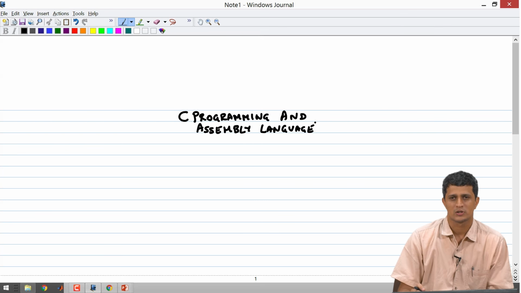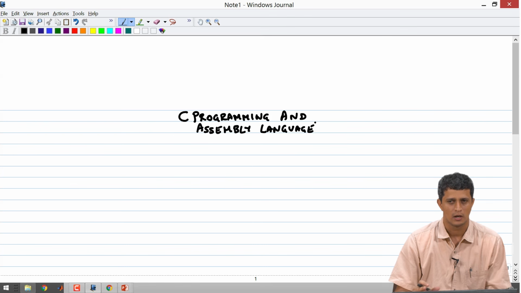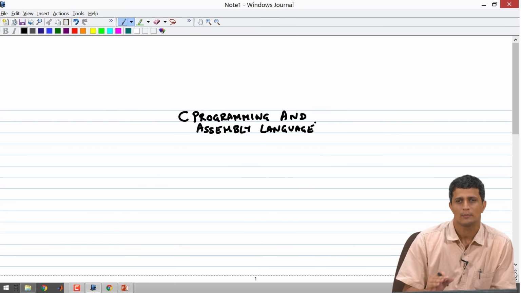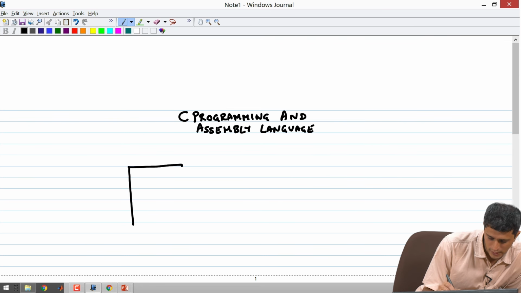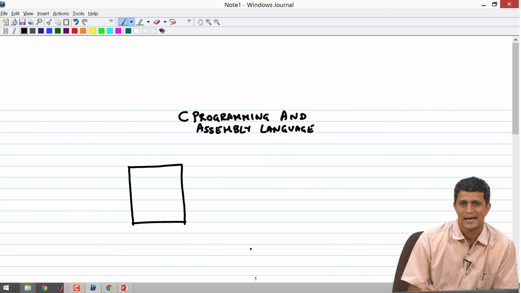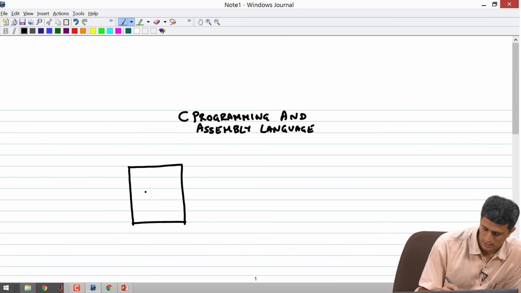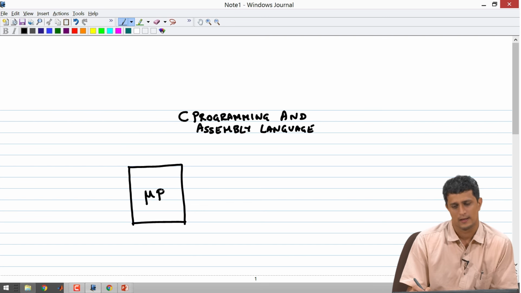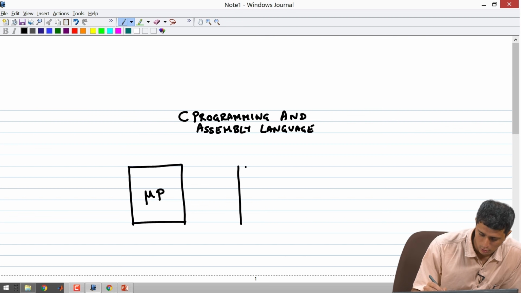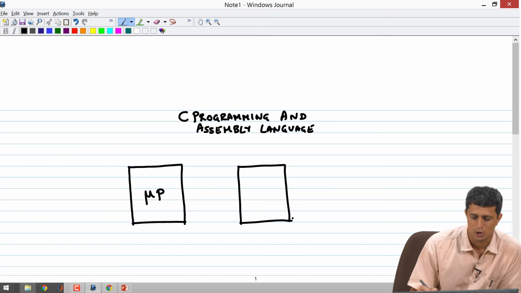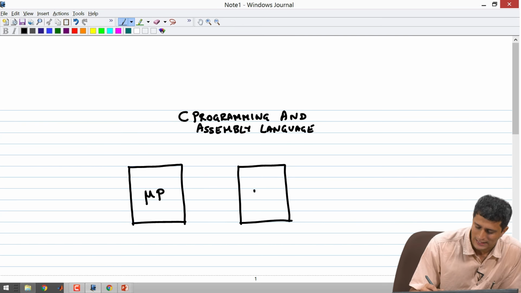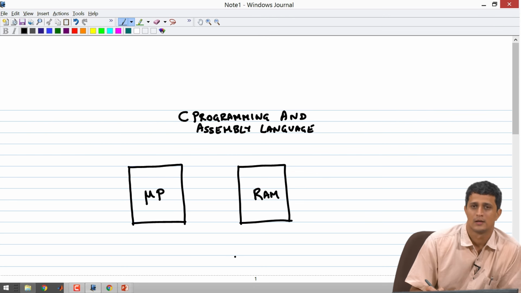So the microprocessor is actually a very sophisticated chip that can do many things for us. I am going to abstract out the necessary definition and the necessary details that we need in order to proceed with the learning objectives of this course. So a microprocessor can simply be defined as a black box that can do certain computations. So we will call this mu-p. And this microprocessor talks to what is known as a random access memory,